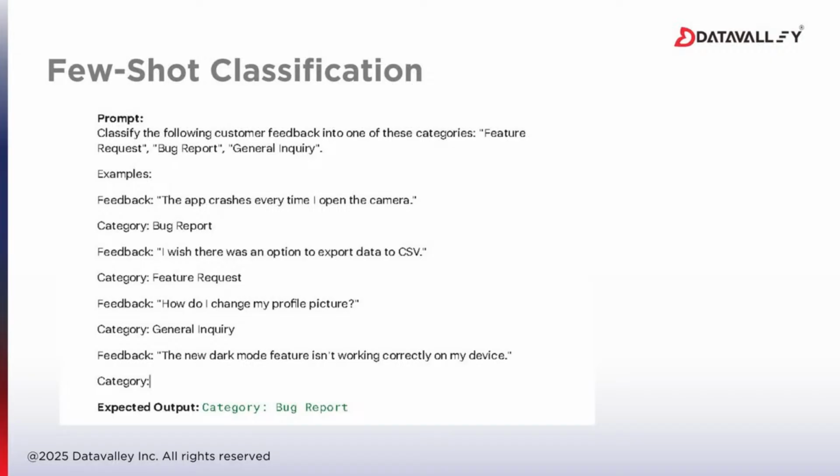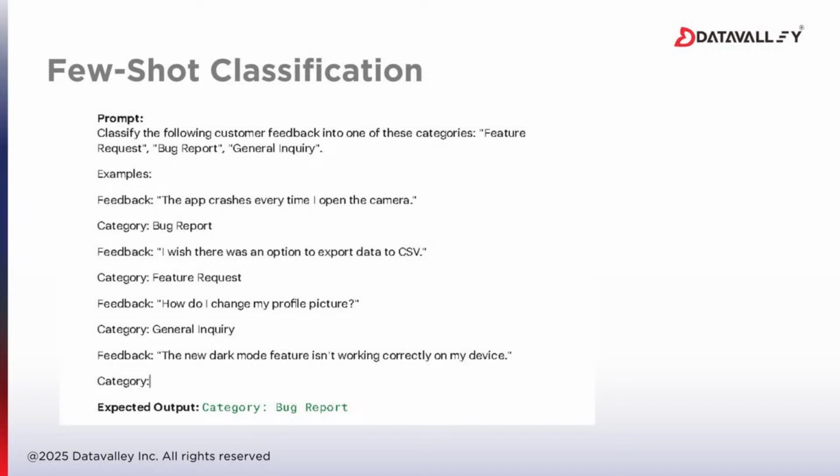Okay, when we are giving a feedback, like, the app crashes every time I open the camera, from this feedback we are categorizing it as a bug report. And so on, we provided three feedbacks and are asking for the fourth feedback to be classified into one of the given categories. So when we give this AI a new piece of feedback which is not included in the examples, such as, the new dark mode feature isn't working correctly on my device,